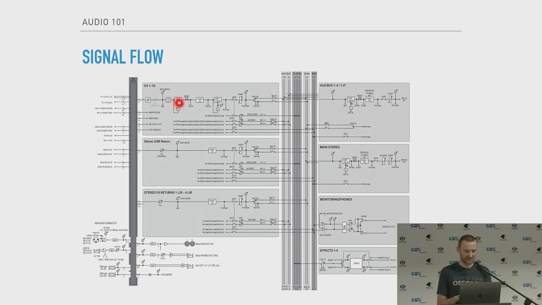It goes through a gate, which basically mutes the microphone if the levels are too low. So if you have a noisy source, it can mute it when the source is not actually emitting any sounds besides noise. So after that, it goes through EQ, and it goes through a compressor, essentially, if the volume gets too loud,